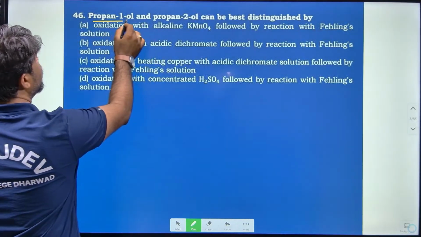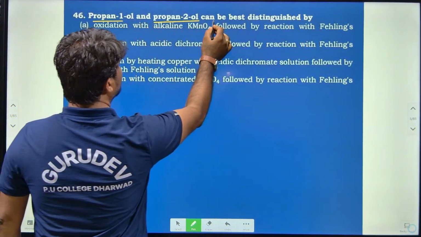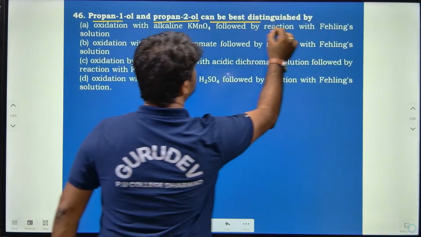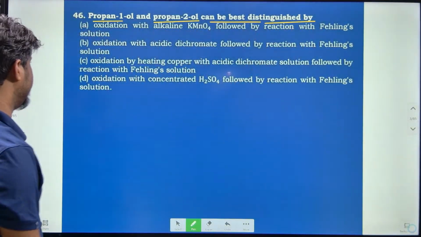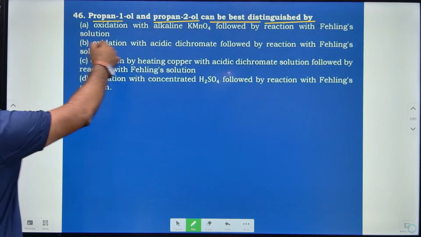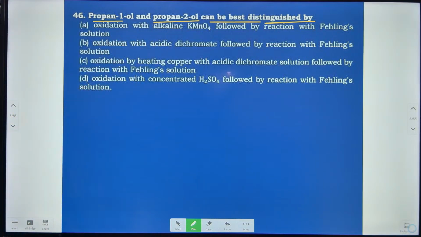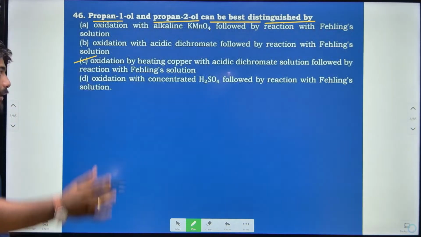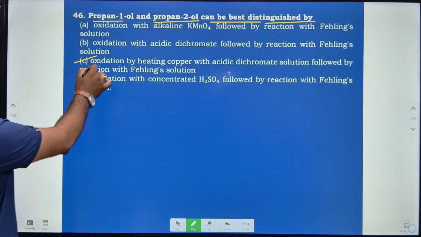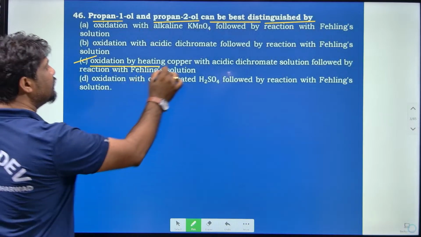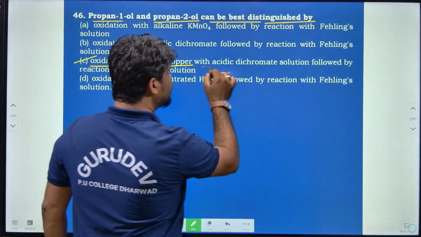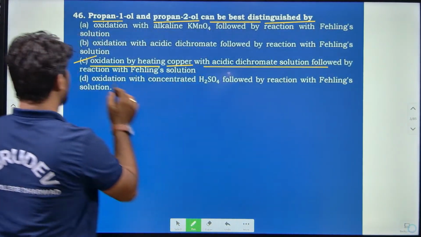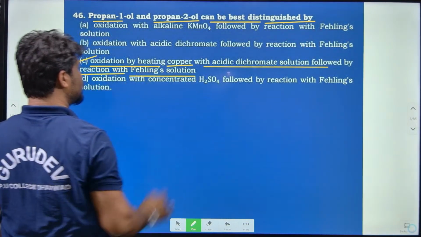Propan-1-ol and propan-2-ol can be best distinguished by which method? They have given four options, in which we have to select the best method to distinguish 1-propanol and 2-propanol. The best method, I am going to say, is option C. What is the reason for that? The oxidation by heating with copper, with acidic dichromate solution, followed by the reaction with Fehling solution is the best